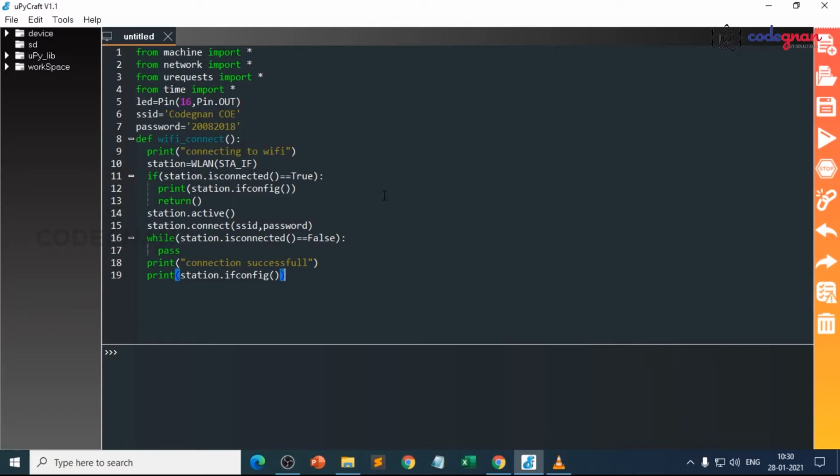Now come out of the loop and we should call this function here. So wifi_connect, yes, we have called this function here.